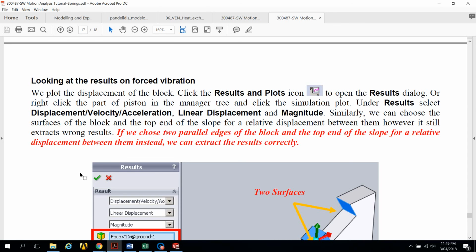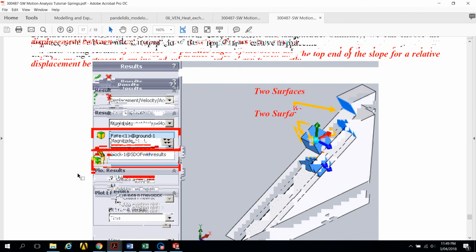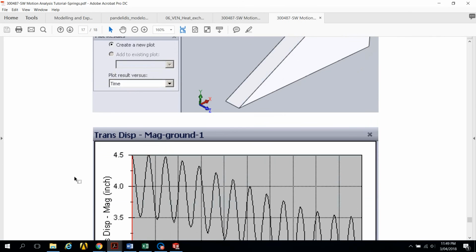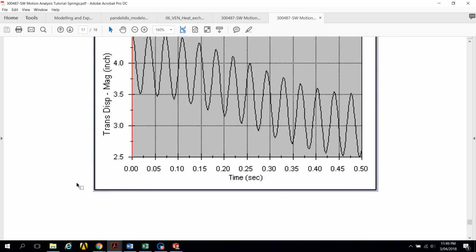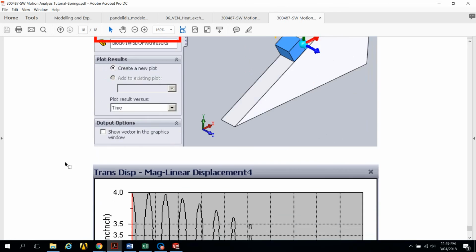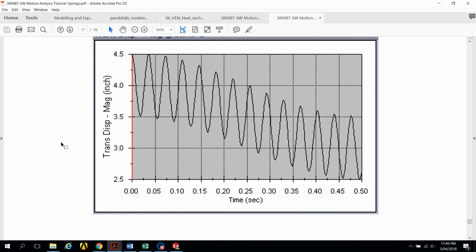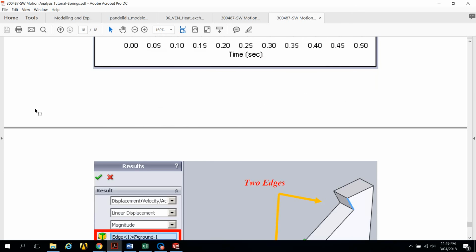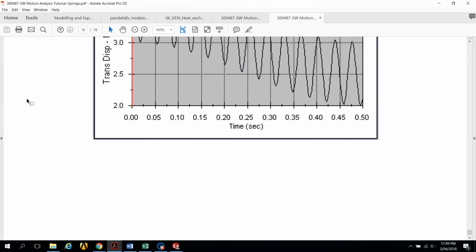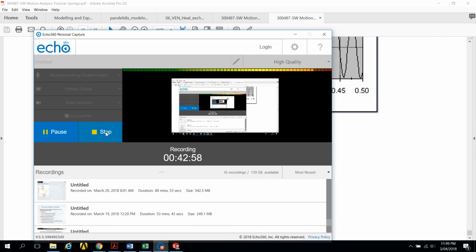Something wrong. Result, reduce two parallel edges and the block tone at the end. Well, actually it didn't work for the force. I'm going to leave this one because I feel so tired today. I think I'll stop at this stage and we shall continue